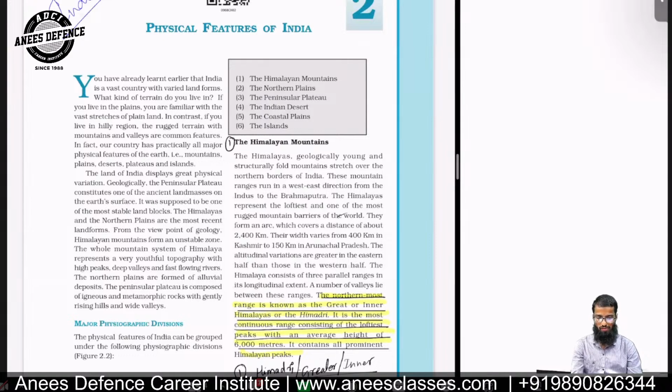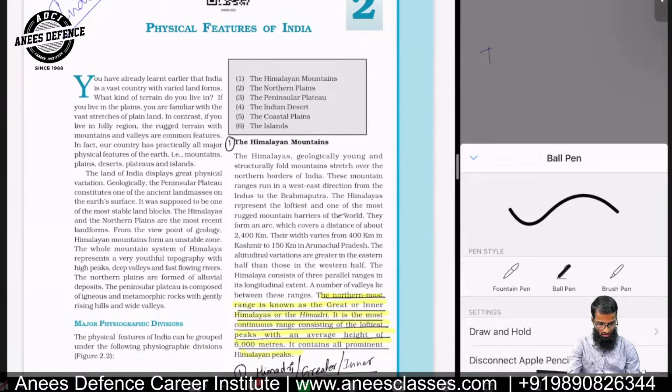So as I have told you that we will be talking about the Indian geography, right? In Indian geography,